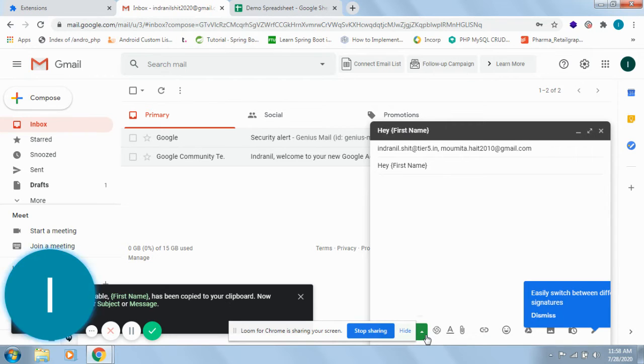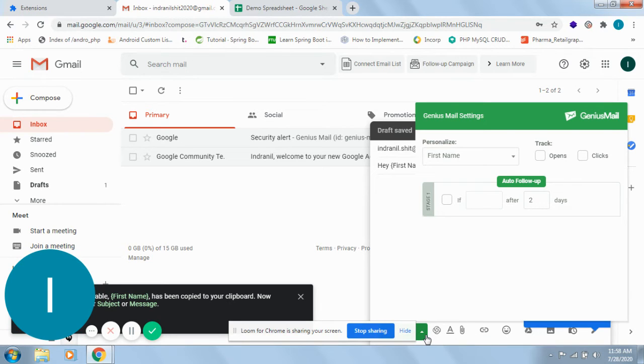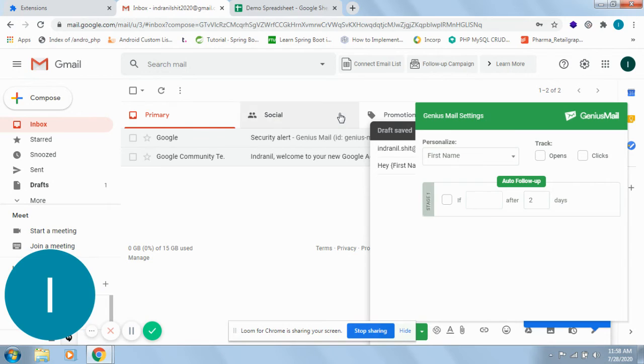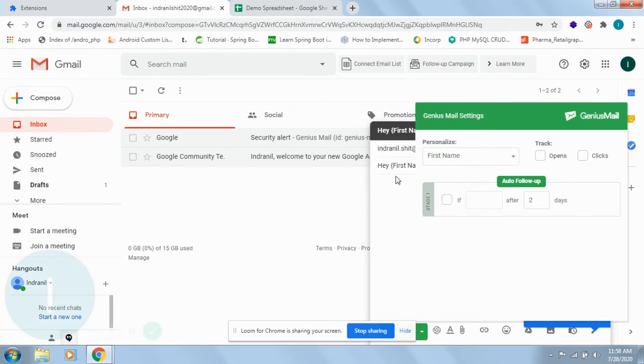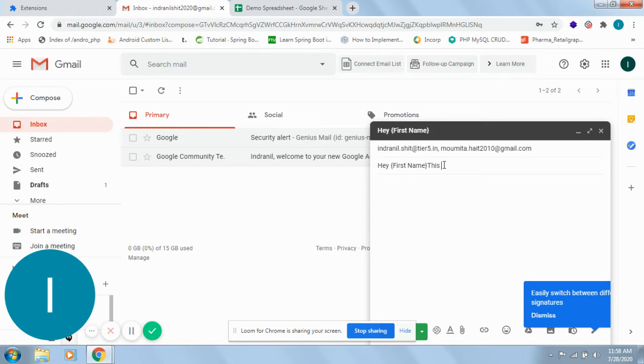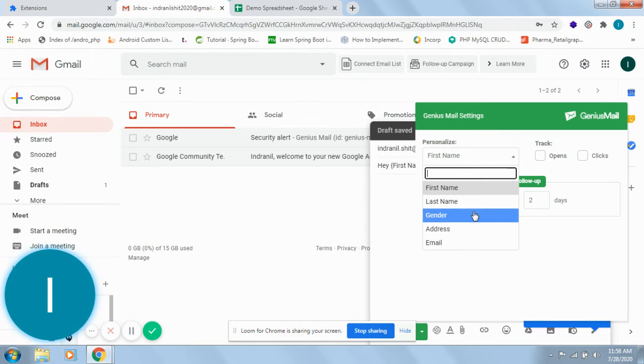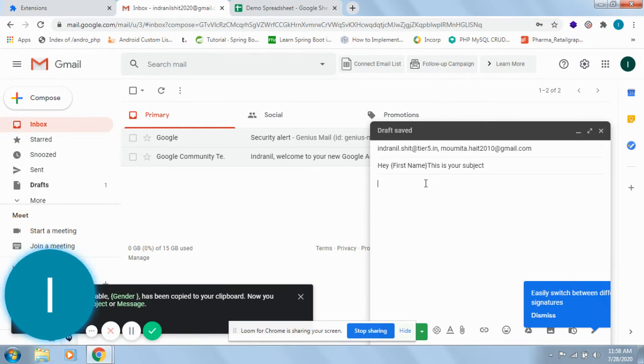This will merge all these column values with this field. And you can merge these fields with the value also.